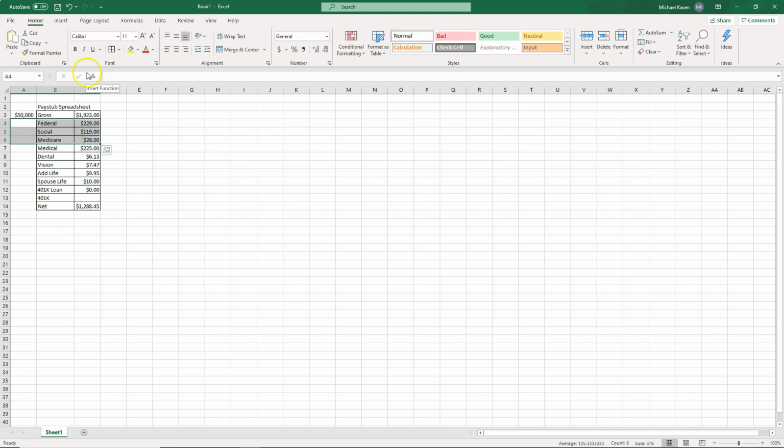So I'm just going to highlight those. Then we're going to go up to this paint can, which is the fill. And I'm just going to put a little bit of a shadow on that so we can come back to that. Now, what we need to do is find out the percentage of what your federal taxes are based on